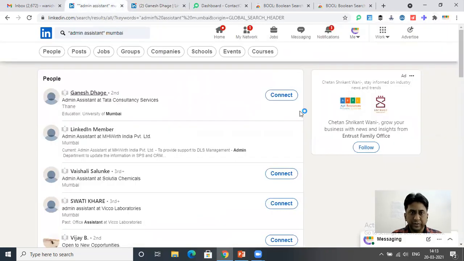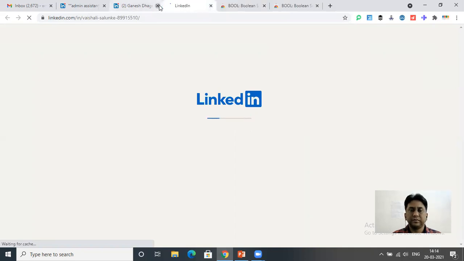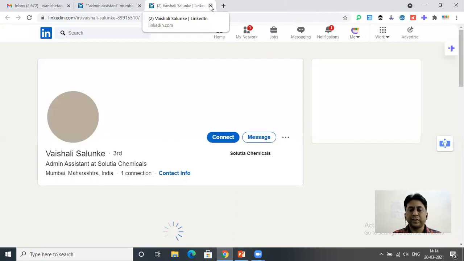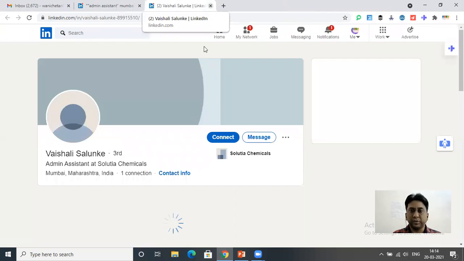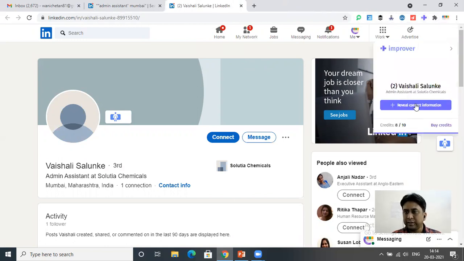So again, if I click on this random profile of Vaishali, okay, now again she is working as an admin assistant, and I want her profile and I want her contact details. So I'll click on the extension called Improver. I'll just click here, reveal the contact details.